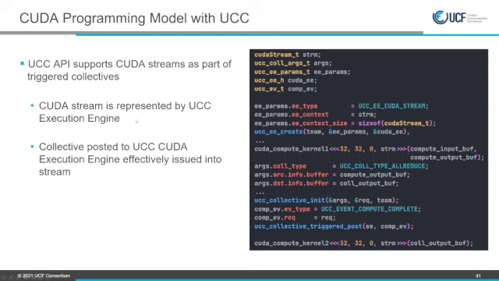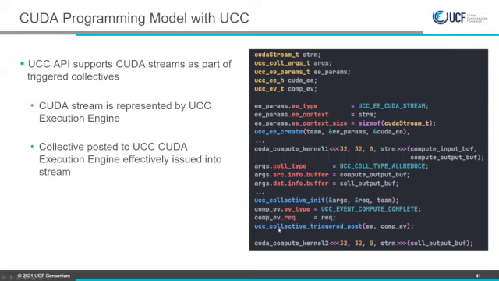And in the case of CUDA, it directly maps to a CUDA stream. So the UCC execution engine is nothing but a CUDA stream. And then the second thing is UCC collective triggered post. This operation will do the stream enqueue, or it will issue the collective operation into the stream.